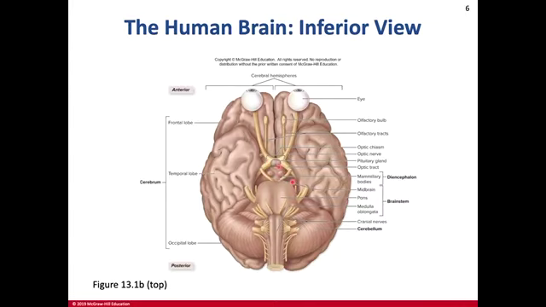The mammillary bodies are back here. This is the pituitary gland. This is the pons, and this is the medulla oblongata. These things that look like a couple of baseball bats, okay? And you can see some temporal lobe here, frontal lobe here, okay, a little bit of occipital lobe back here. There's cerebellum, okay? And you'll notice even in the cerebellum, right, you've got grooves and ridges, and that's, again, to